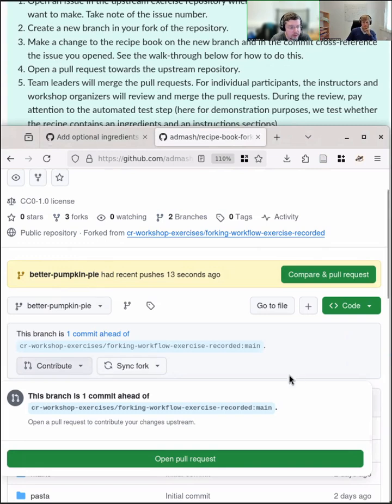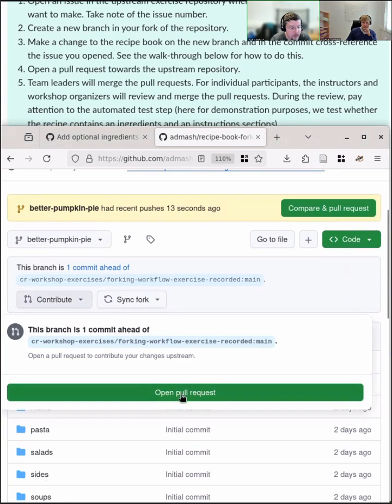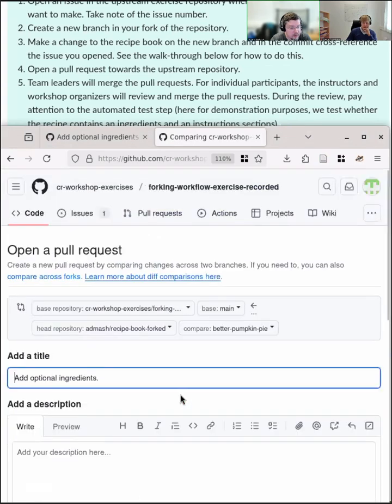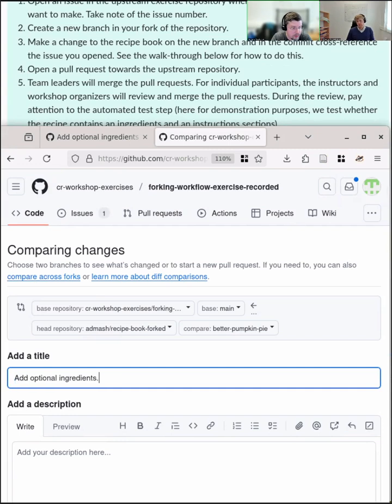make a pull request. So we can do that here. Open pull request. And this is, well, sure, add optional ingredients to pumpkin pie.